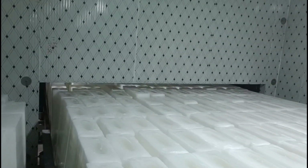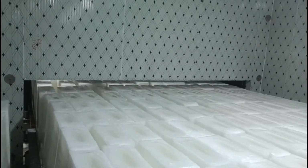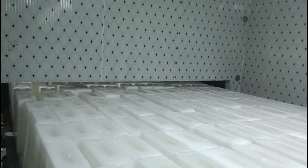The customer said, "If we follow this ice production speed, we can not only save a lot of electricity bills, but at the same time, during the peak demand period, we can produce one more shift of ice in 2